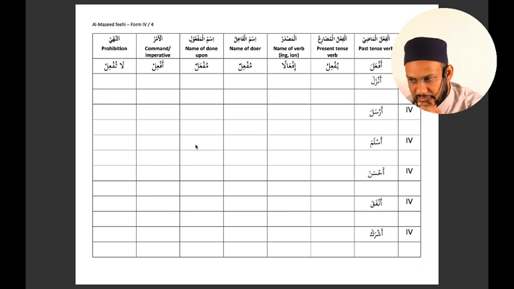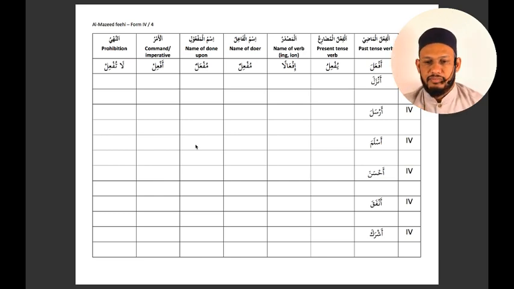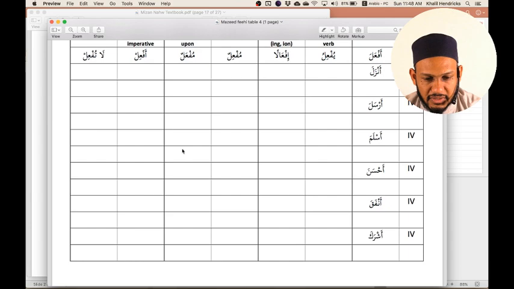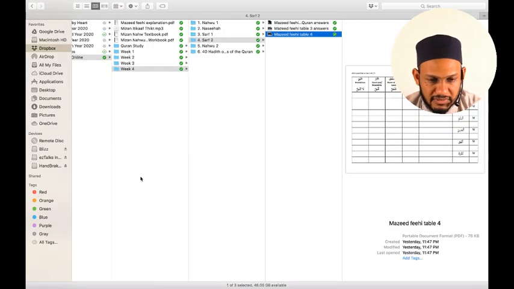Okay, it will be sent to you for you to practice, inshallah ta'ala. So make sure you know it, make sure you practice it, inshallah. And also homework: we'll send you the answer sheet for worksheet number 3, but in the meantime mark worksheet number 2 and then start with worksheet number 4, inshallah ta'ala. Okay, so we'll start with nahu next.